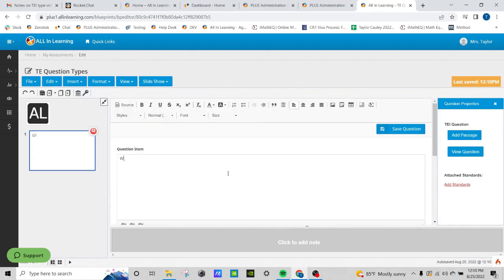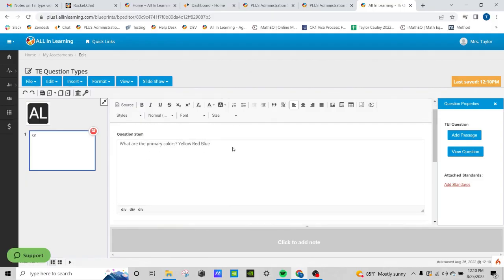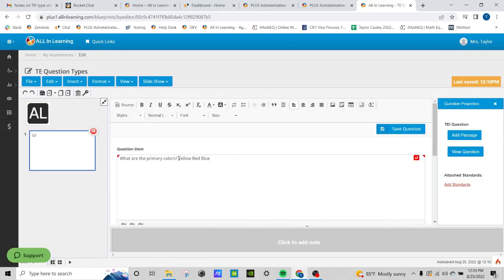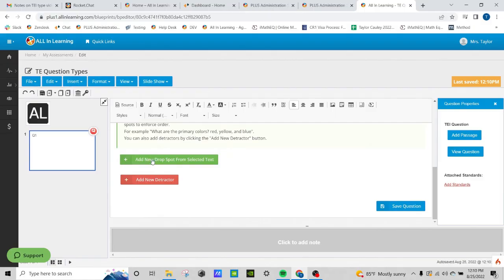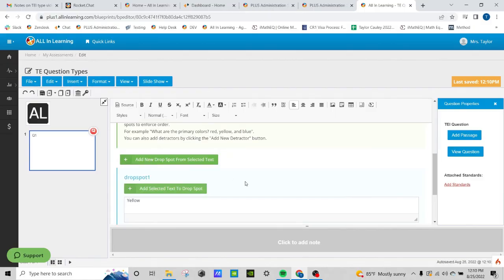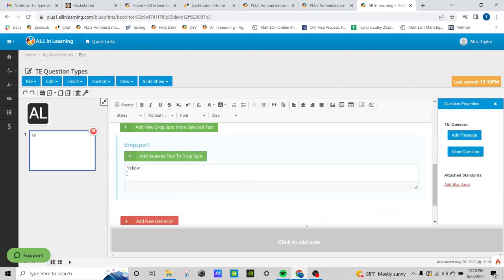So for example, we can ask, what are the primary colors? And then to input our answer options, we're going to want to go ahead and type each of those right in there with our question body. Now to get these as drag and drop answer options, we're going to want to highlight yellow, and we'll scroll down to the bottom and we'll add a new drop spot from the selected text. Now you can see here that yellow is one of the answers to be deposited in the